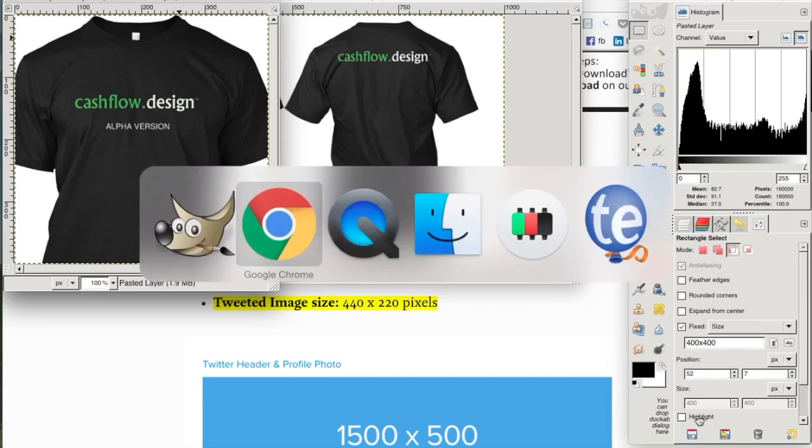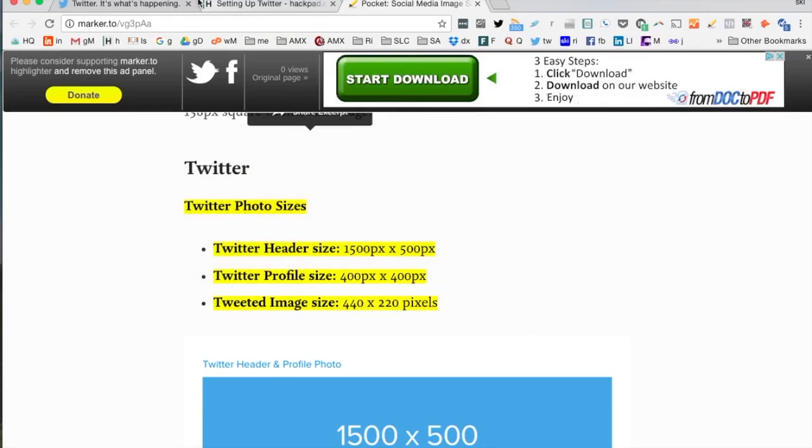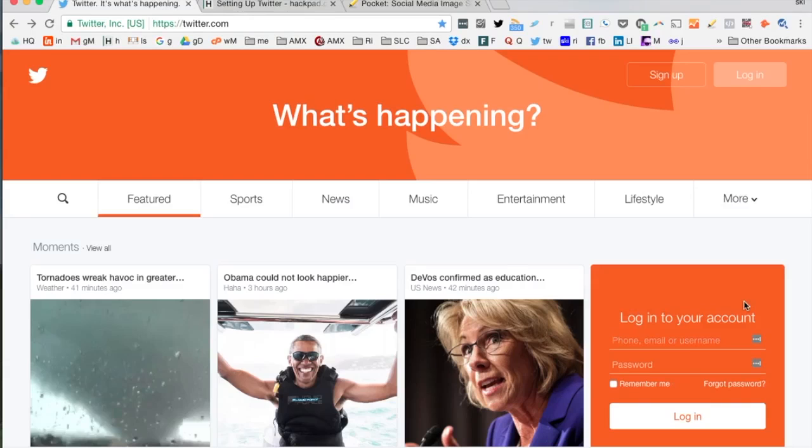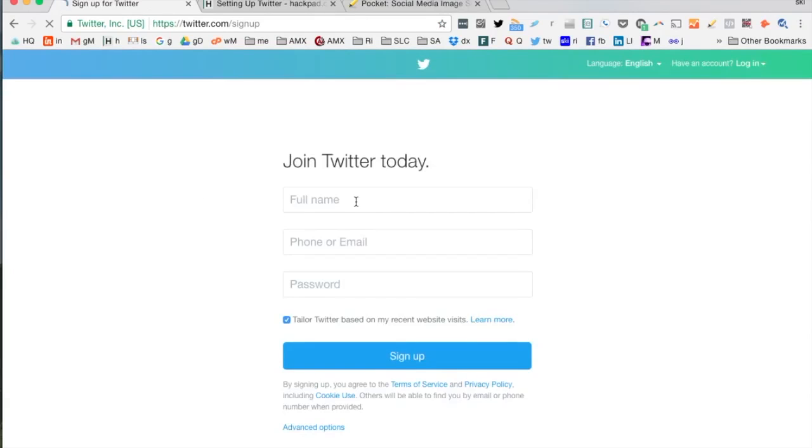And we'll go back to setting up Twitter. So there's sign up here. We don't have an account yet, so we can't log in. So we're going to sign up. And the full name is cashflow.design. That's also the website. And the address is ski@cashflow.design. And the password, if you